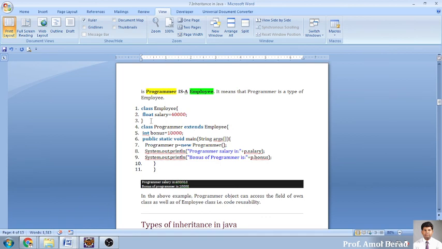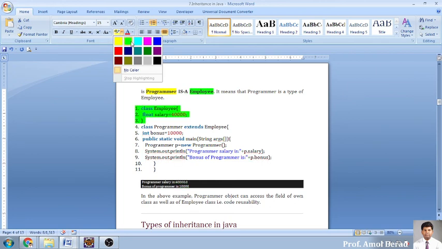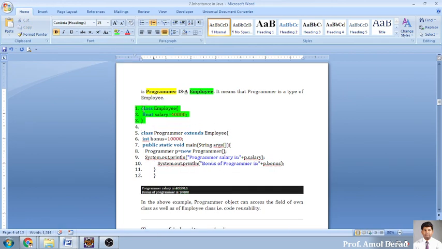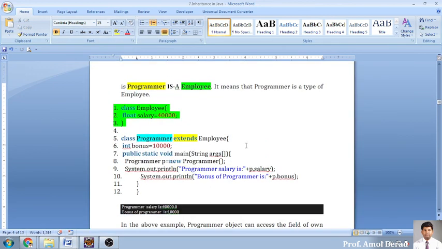Here I have created one class called employee. This is called a super class, so I will highlight it with green color, and this class will be inherited, meaning we want to take the variables inside it readymade. This is my subclass called programmer. I am using the extends keyword, highlighted with yellow color, and this is my super class, so the super class is green. All features will be extended into my local class, the child class called programmer.